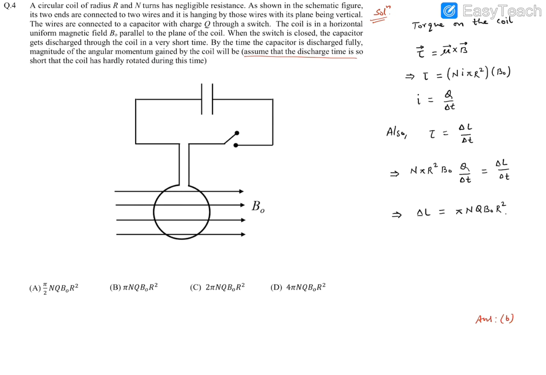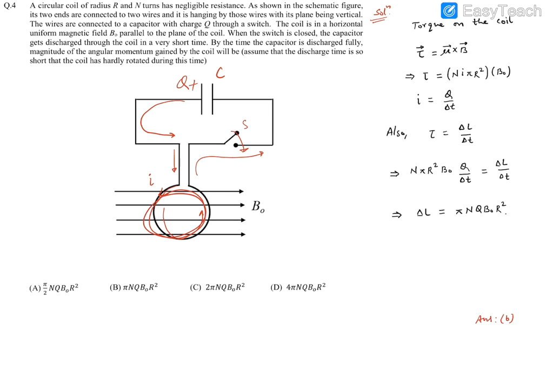Now, a simple solution can be voiced over here. This is the capacitor and it has a charge, let's say plus Q. When the switch S is closed, you'll find there will be a current supplied. That current will go like this, then flow like this, and then come this way. When the current, let's say I, moves through this coil, you will find this will be a